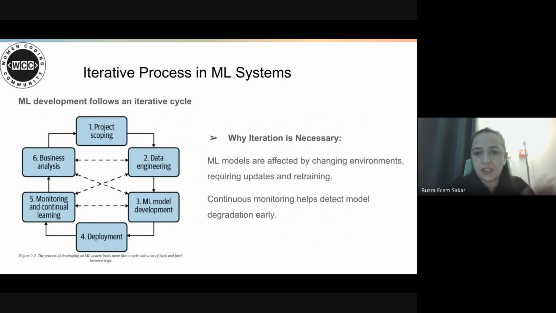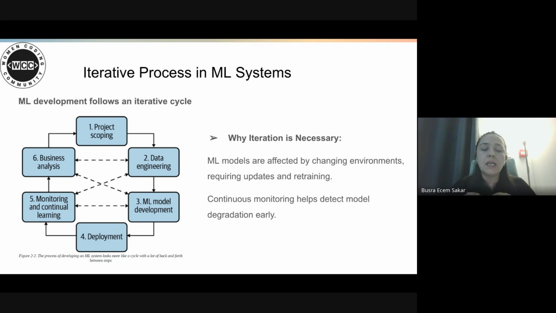Unlike traditional software, machine learning models require continuous improvement, as we talked about before. So the book emphasizes an iterative machine learning development cycle, which starts with project scoping: defining the business problem and determining if machine learning is the right solution.